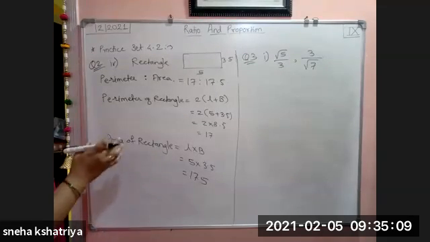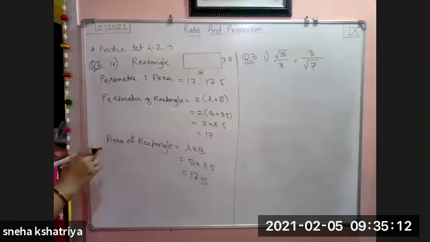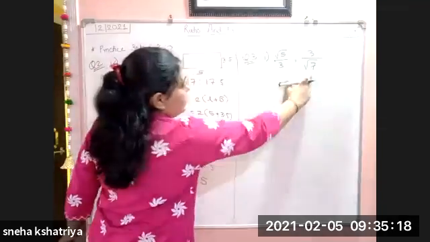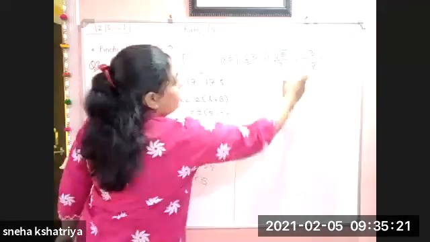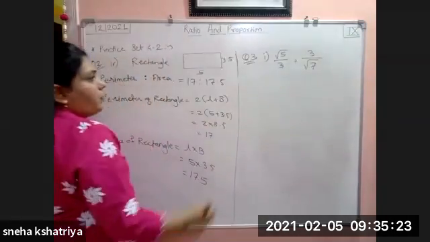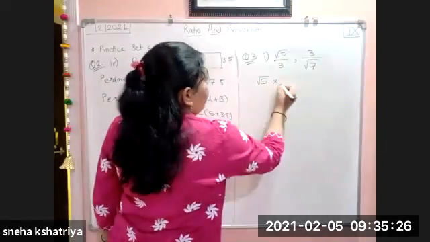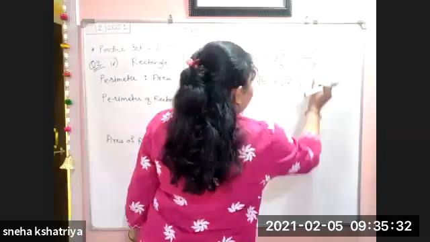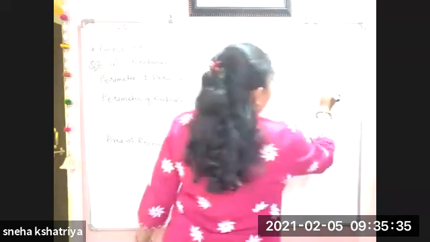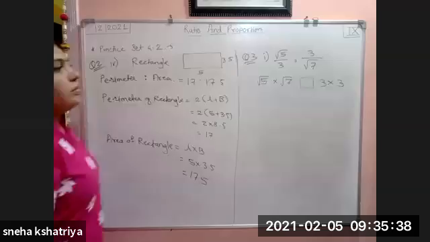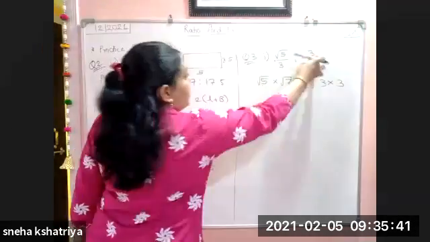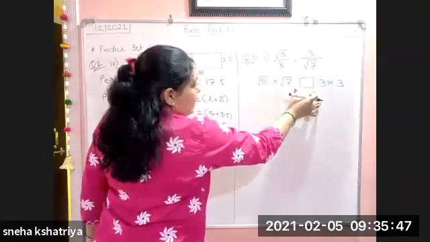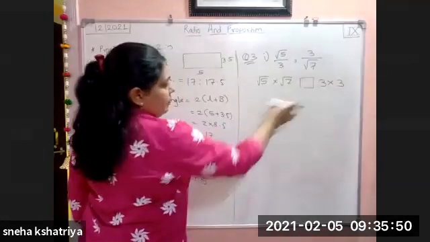Now see here, you have to compare that which ratio is greater and which ratio is smaller. Okay. So simple to find out how we are going to find out this ratio is greater and this ratio. Just cross multiply here. Both ratios cross multiply here. So what you will get? Root 5 multiplied by root 7. In between make a box, because which one is greater that we don't know. So for that we are going to solve here 3 into 3. Whatever the cross multiplication is there, that you have to carry it out and write this box. In between a sign will come. What kind of sign it will come, we will see as we go down.